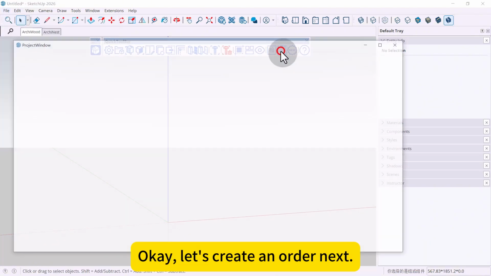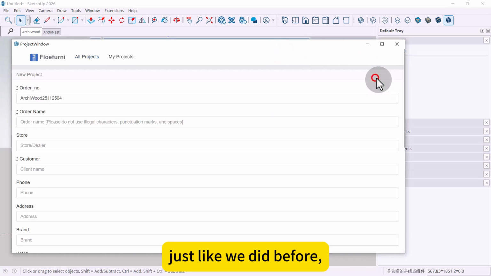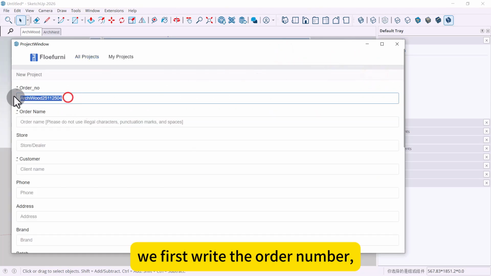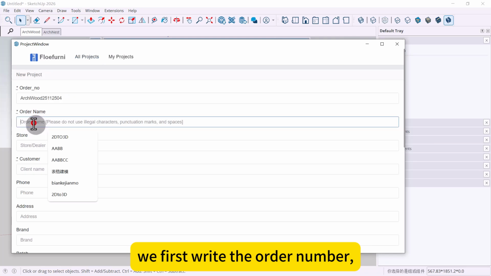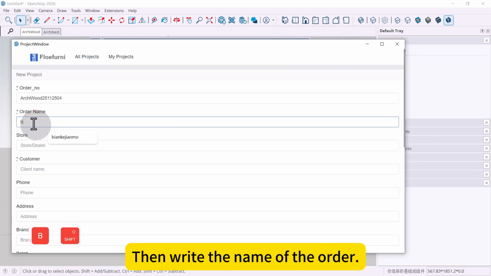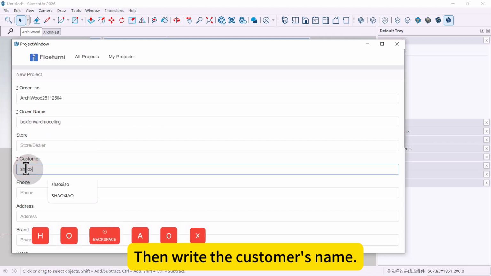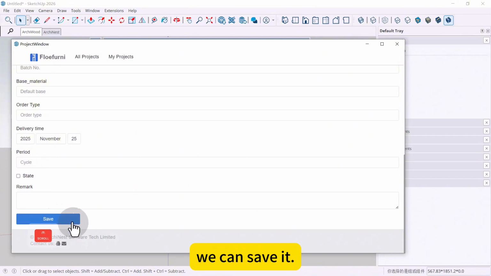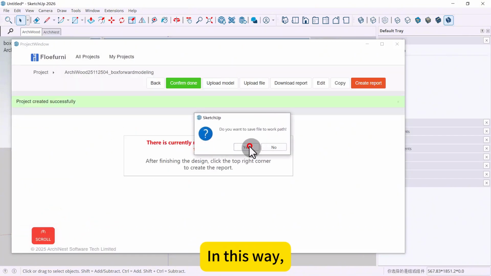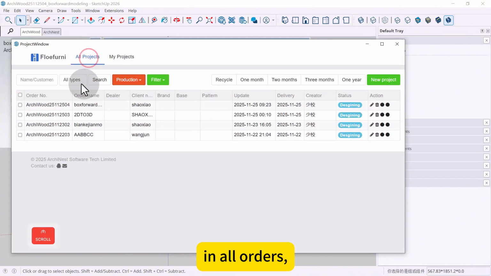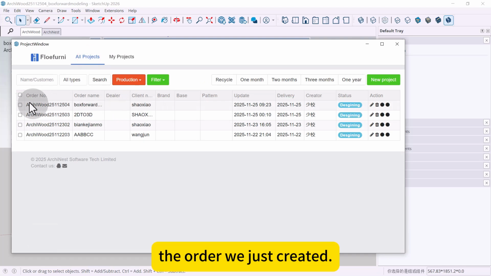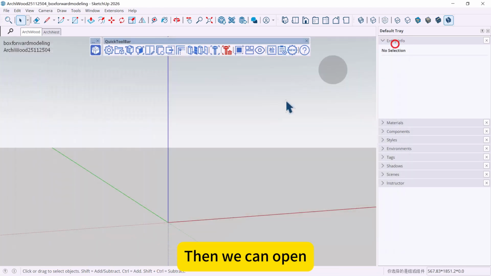Okay, let's create an order next, just like we did before. We first write the order number, then write the name of the order, then write the customer's name. After writing, we can save it. In this way, in all orders, we can see the order we just created. Then we can open